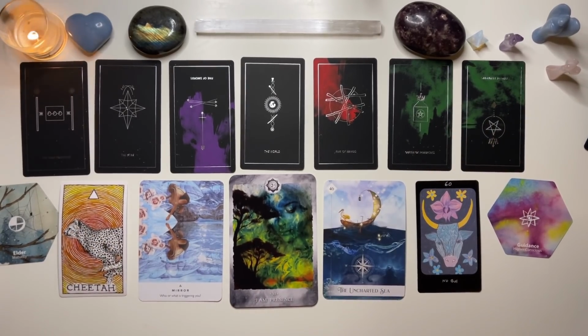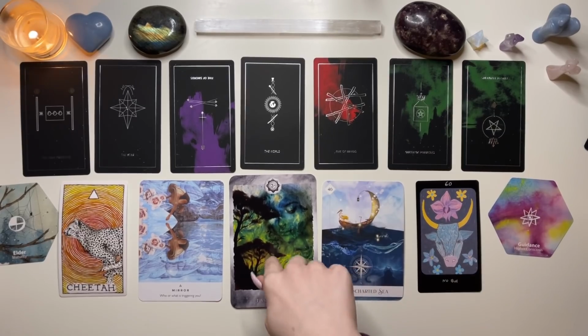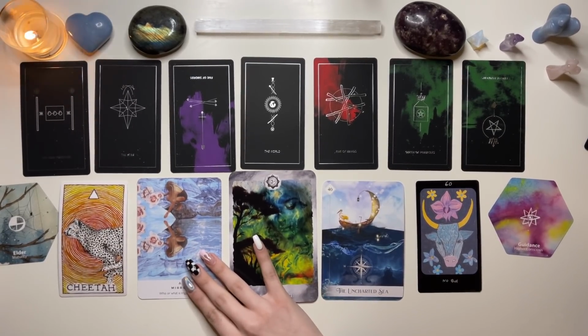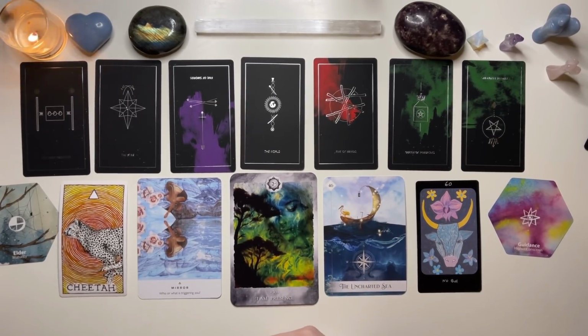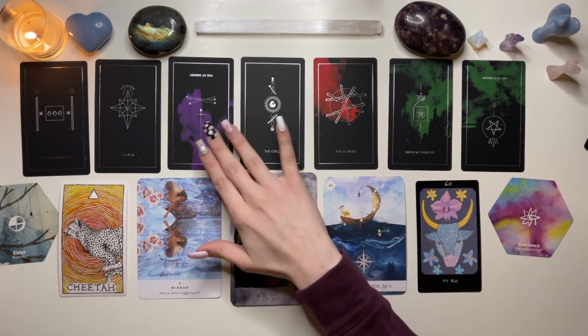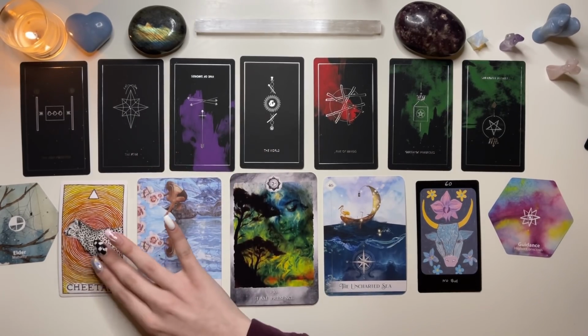Let's just start with the High Priestess, because there's a very big message here, and a lot of it is about your guides communicating with you. With guidance, higher consciousness, Uncharted Sea, I am presence, and the High Priestess, there for some reason is an aversion for you to truly go within. You might quote meditate, but do you really go within? That's kind of the question that I'm asking. Because with this cheetah here,